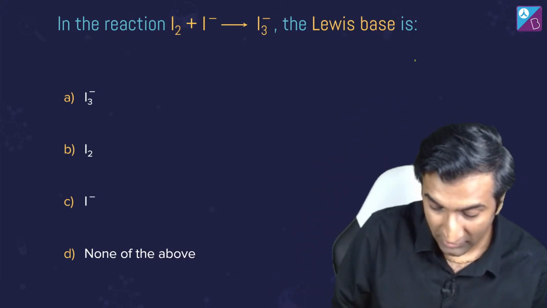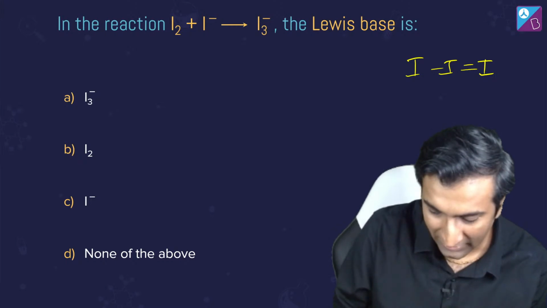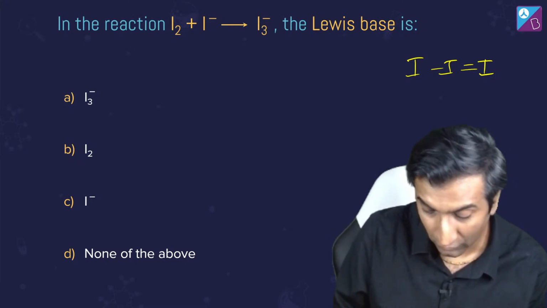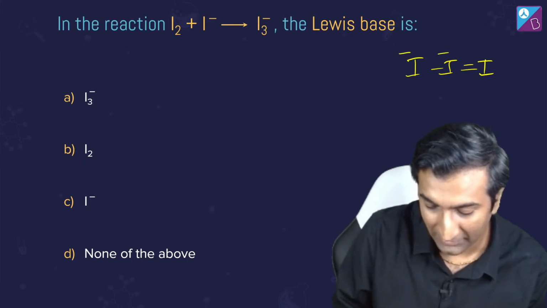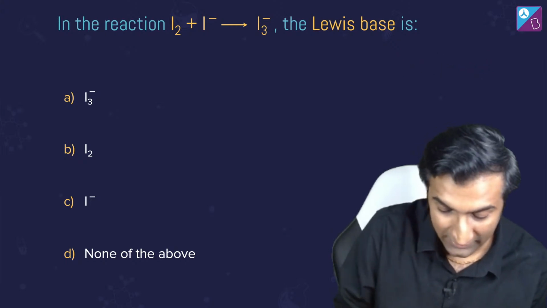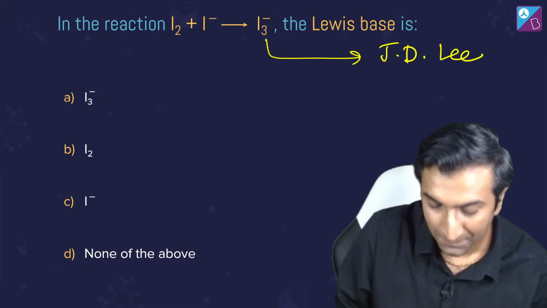ये compound, it has a linear structure. It's very, very interesting. Okay. अब मैं structure draw करने में चला गया, तो थोड़ा सा there's a negative charge. Is it here? Is it here? Is it here? सोच के बताओ. खैर, इसका structure is given in J.D. Lee if you want to read it. It's very interesting. ठीक है?